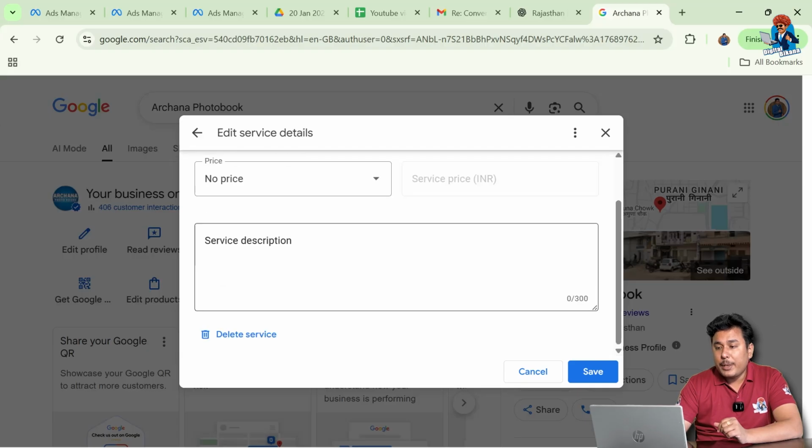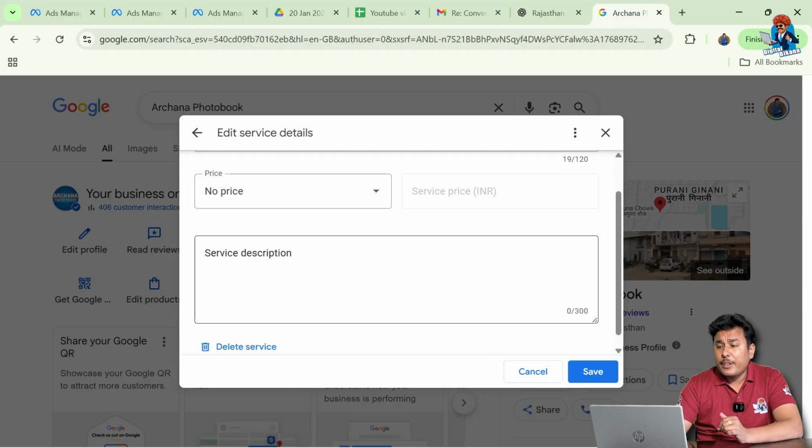So you can simply enter that particular service description. You can create a good description using ChatGPT, or you can write it manually. I would recommend you to write it manually so the readability is good, right? And after adding the description, you can simply click on save, and your service has been added to your Google